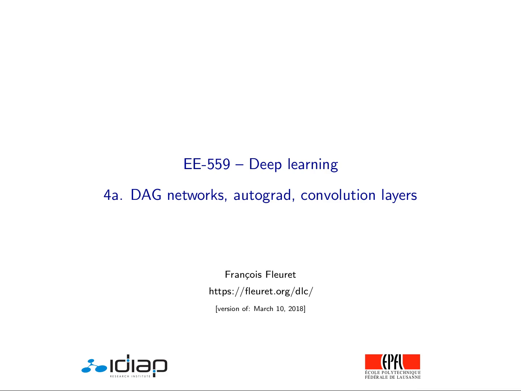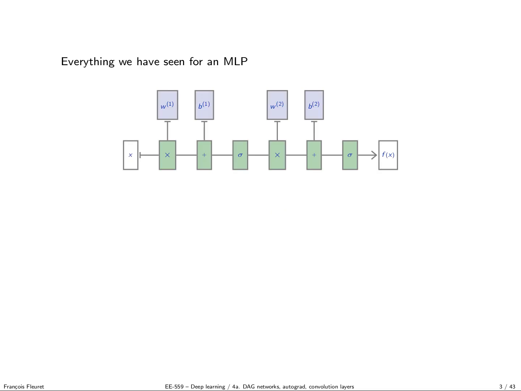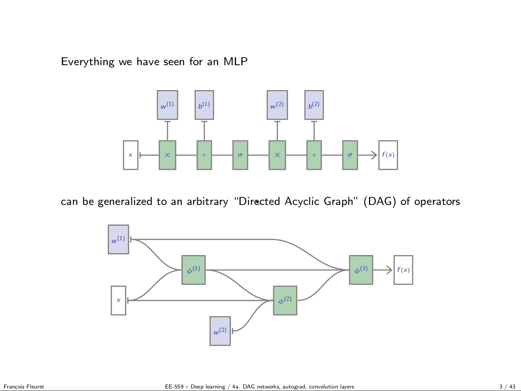So what we saw last time was basically processing of that sort, where we had an input, linear operators, affine operators actually, so multiplication by a matrix, adding a bias, applying a nonlinearity, then a matrix again, bias again, nonlinearity, etc. And what I'm going to show in the coming slide is that this can be very easily generalized to an arbitrary directed acyclic graph, which, instead of having this particular graph where the processing steps are just one after another and the parameters act upon a single processing step, works as long as it's directed, so as long as any value you need depends only on the ones before, and you can go back up to the quantities you know.